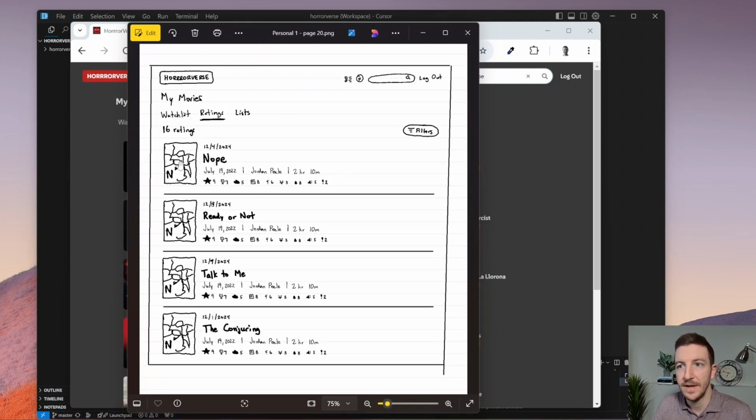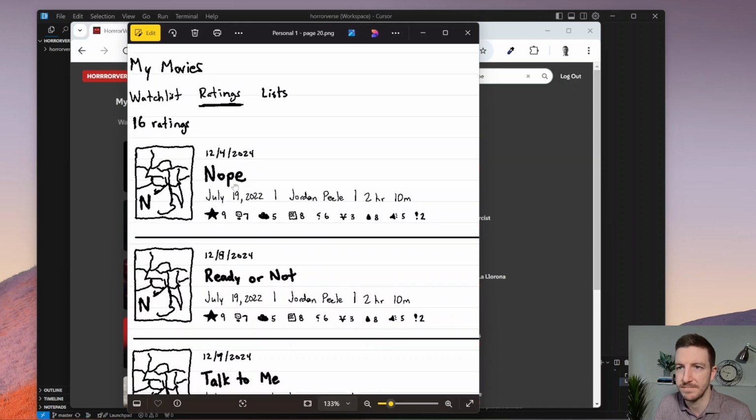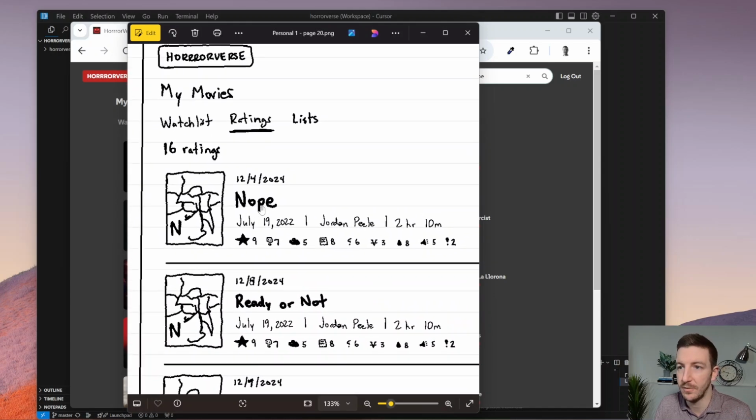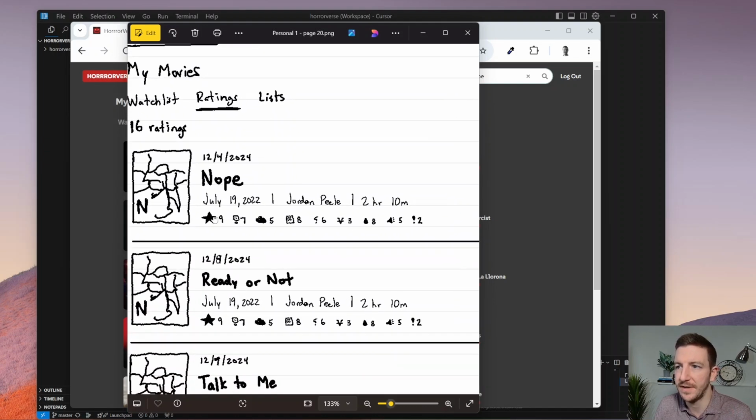And you can see that it's more of a big, wide listicle with all the information. Inside of this, let me just show you what we have here. We'll have a movie title, the title of the movie. The date here should be the date that it was rated, so you can see when you rated it or watched it, depending on how you're handling that. A little information about the movie, and then down here, these are the extended ratings